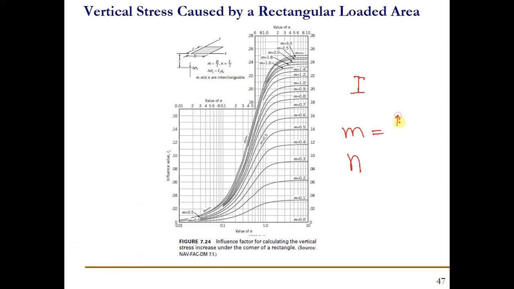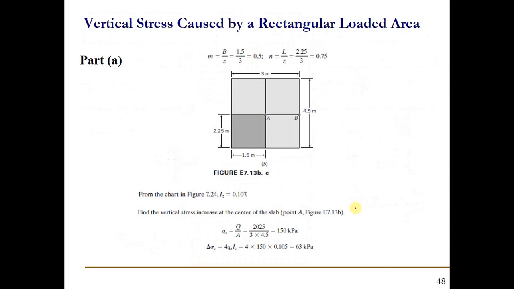And M is equal to B by Z and N is equal to L by Z. So they are interchangeable, so don't worry about them as well. And then you can find out delta sigma using Q into I, the influence factor value. For example, M is equal to B by Z, and for this point A we need to divide this